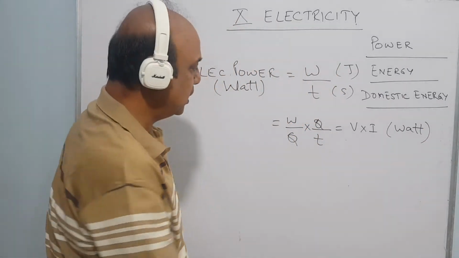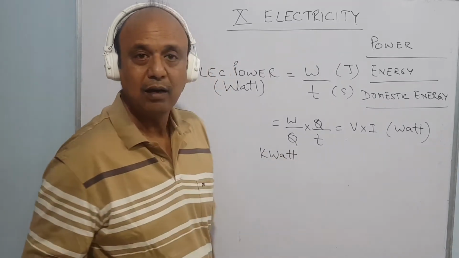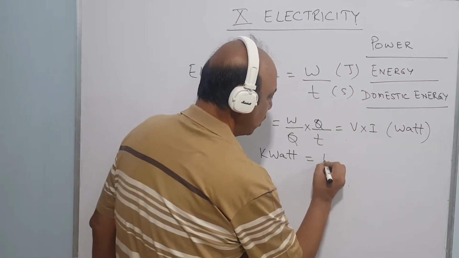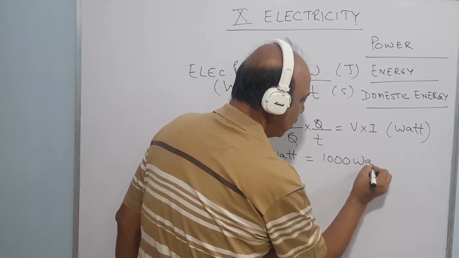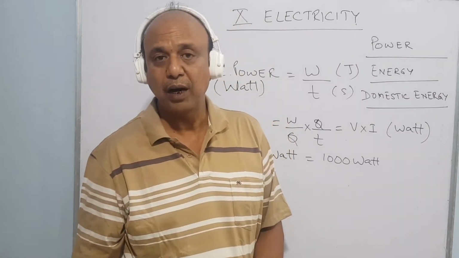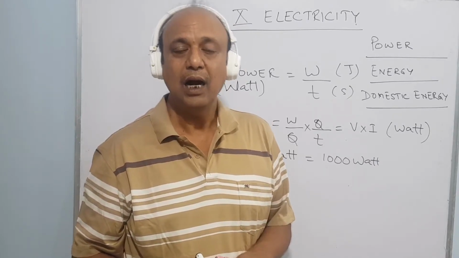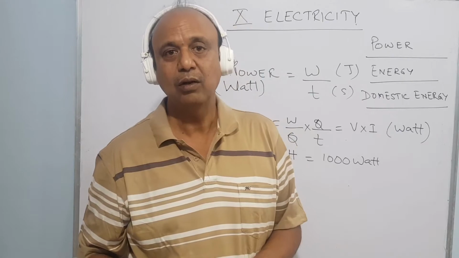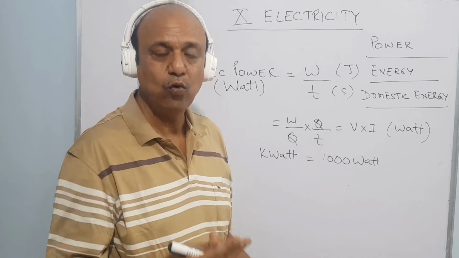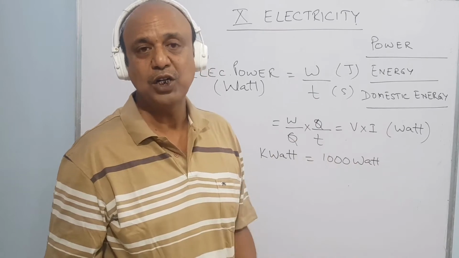We have many more units. One is kilowatt, which is again like kilometer, 1000. So 1 kilowatt is equal to 1000 watt. Now most of our appliances, when we go to the market, we say, give me a 40 watt bulb, or a tube light of 20 watt. So all the equipment is classified in two things: one is the power consumption and the other is the potential difference.